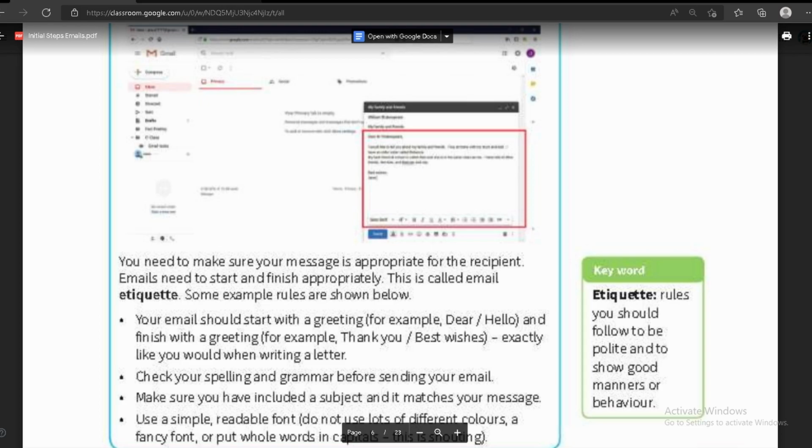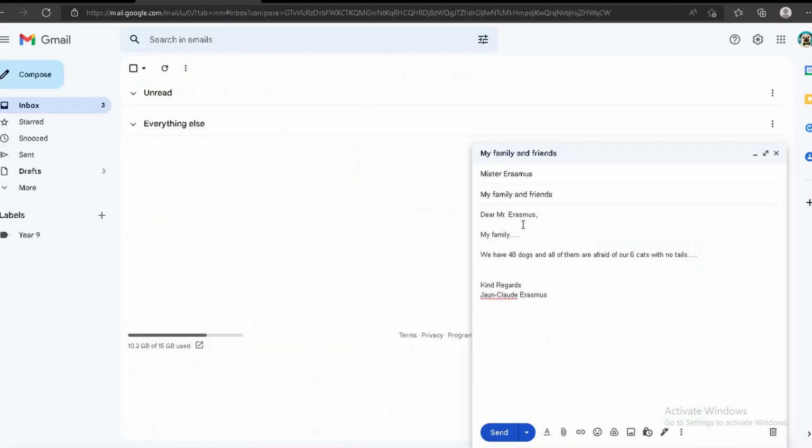And emails need to start and finish appropriately. It's just like in HTML, you have a start and an end tag. So our start tag would be dear and then the recipient's name, and an end tag saying kind regards and your name. So you always have to start an email and you need to end it. Usually the very first